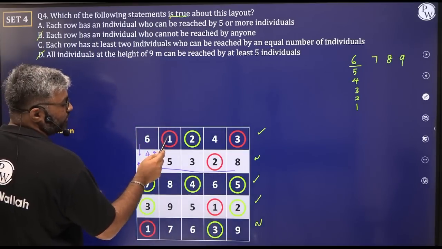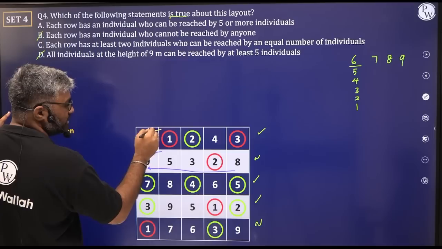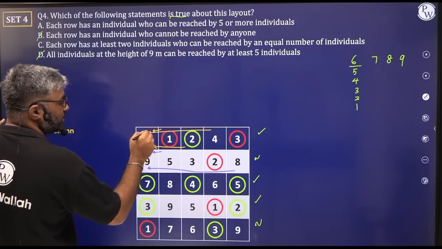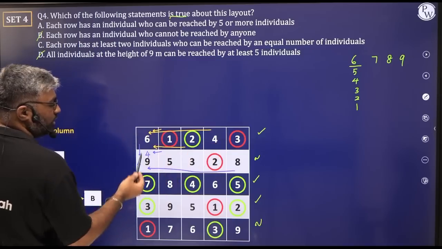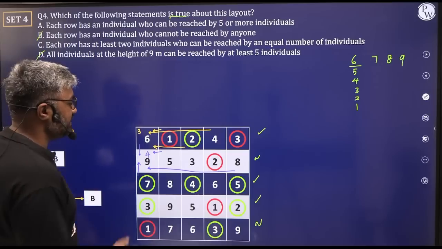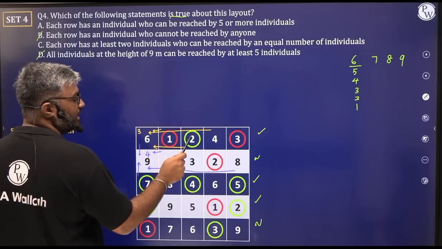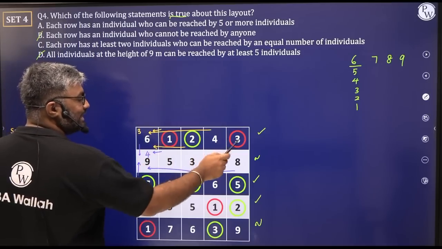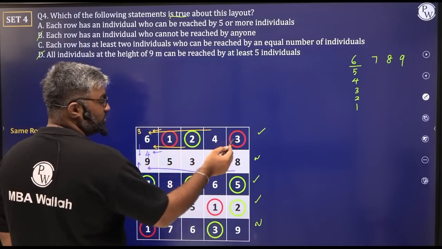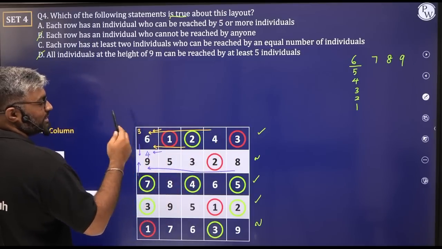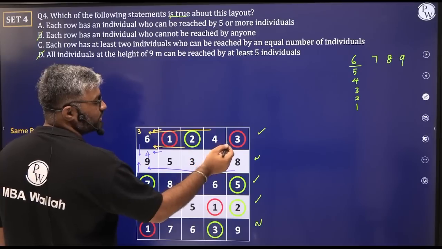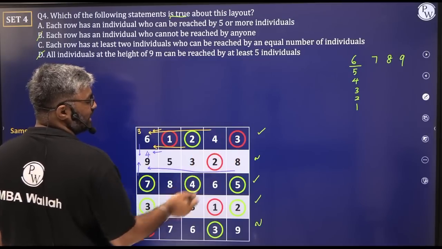This 6 can be reached from 1. From here it is possible. From here it is possible. From here it is possible. But not from here. Not from here. So we have 3 platforms that can be reached to 6. 1 to 6 is possible directly. 2, 1, 6 possible. 3, 2, 1, 6 possible. 4, 2, 1, 7, not 3, 2, 1, 6, sorry. 4, 2, 1, 6 is possible. From 3 we can't come directly to 2, we can't skip. 3, 4 is not possible because 4 is greater than 3, so that cannot happen.